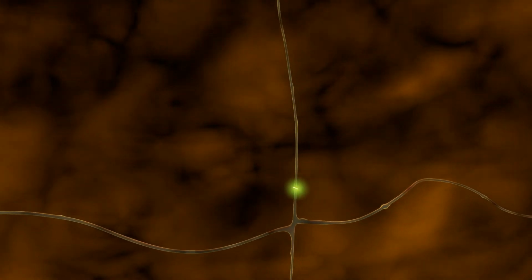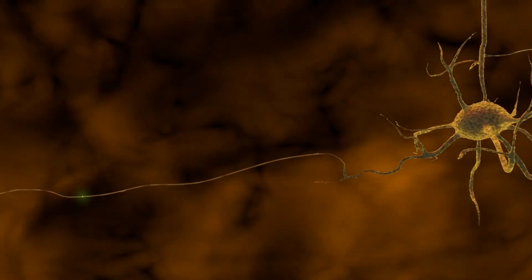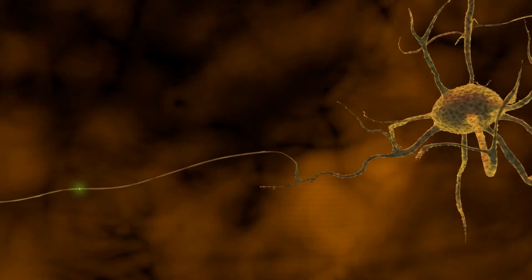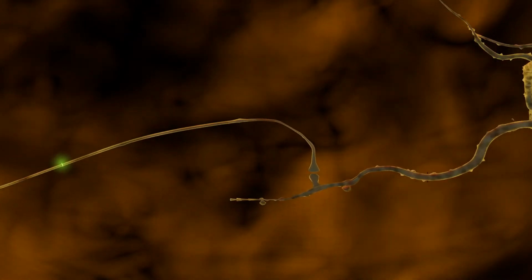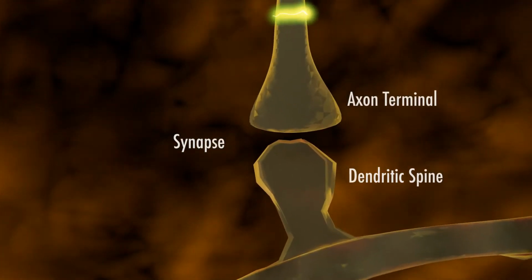Not all neurons communicate with each other. Instead, specific patterns of connections arise through development and experience. When neurons do communicate, they form a structure called a synapse, where the axon terminal of one neuron meets the dendritic tree of a different neuron. Let's take a closer look at what happens in this critical communication event called synaptic transmission.